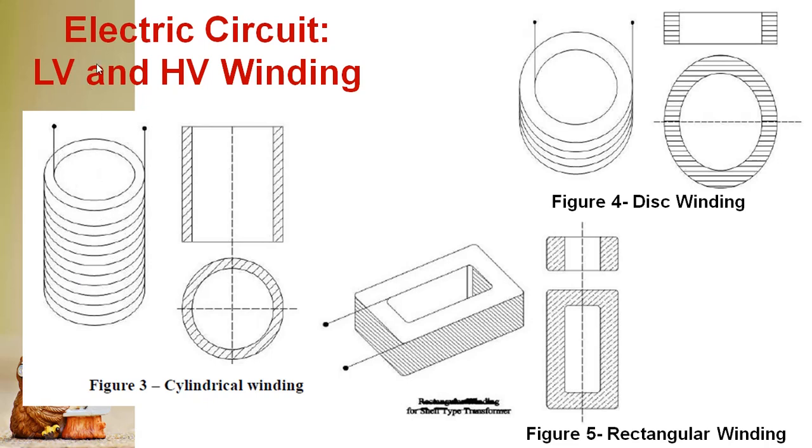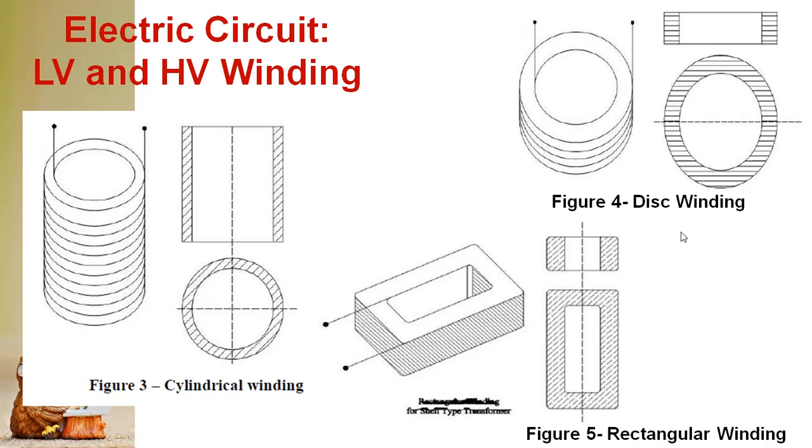So how does it look from the top? From the top you can see only the circle. That is a sectional plan or else a top view. A top view of this winding looks like a circle. Clear? This inner circle is the inside edge of the cylinder, and the outer circle is the outside edge of the cylinder, and this gives you the thickness of the winding. And if you look at the front view, it looks like this. This is your height of the cylinder, and this is your diameter of the cylinder.